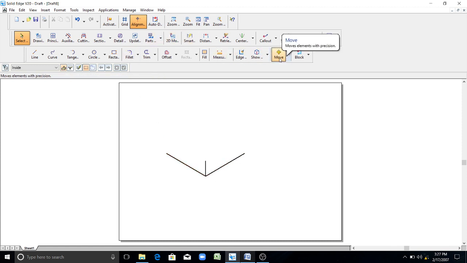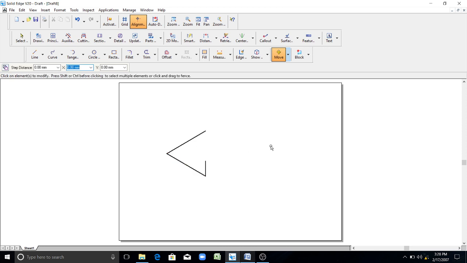Now let's see how to do this. Click on the Move option here. In the Move option, you have to click this Copy option; otherwise, the original line will be moved. I'll check. Already it is clicked. So select this line. Now you can see here, if you move the cursor on the line, this indicates the end point of the line, this indicates the midpoint of the line, and this again indicates the end point of this line. I want to copy this line from this end point of this line to this end point of this line. Here the original line is moved. I need a copy, so you have to click the Copy option here.